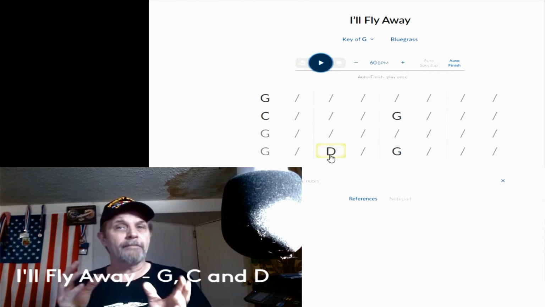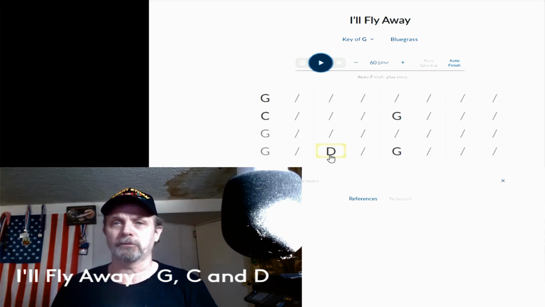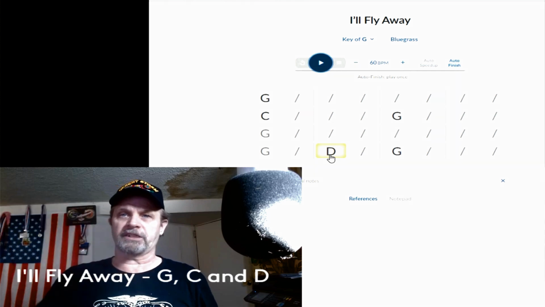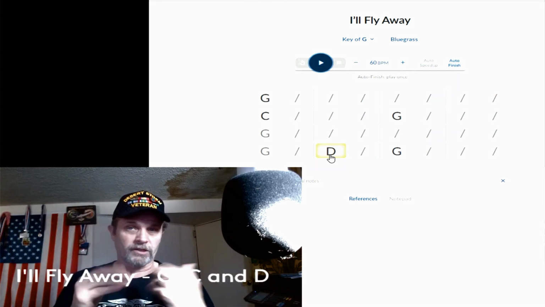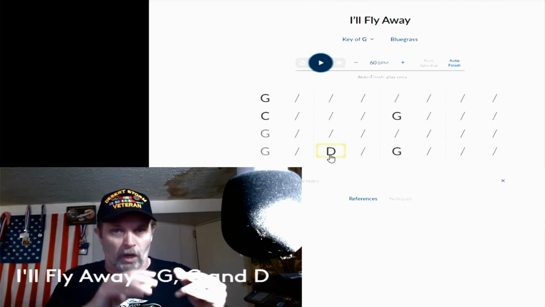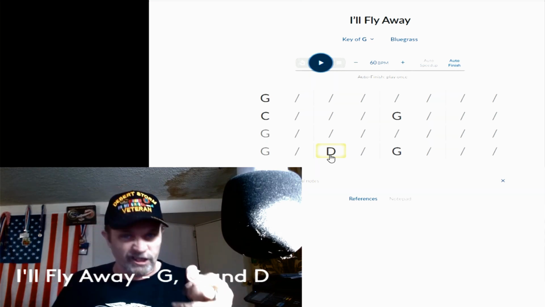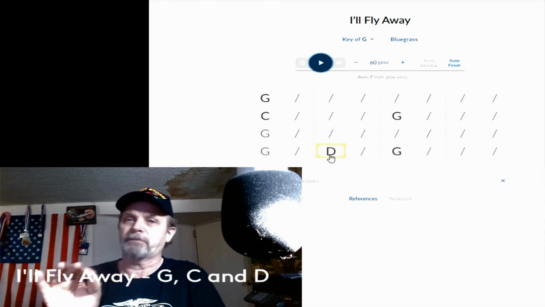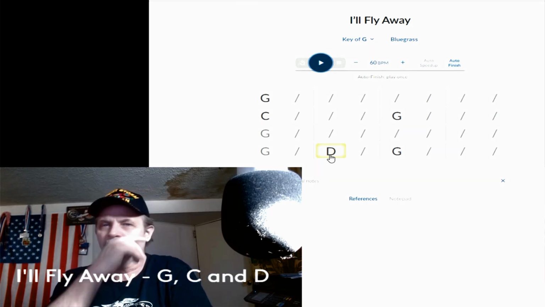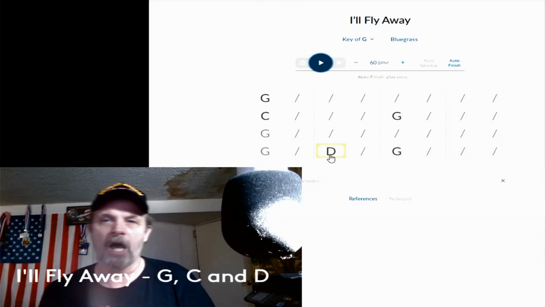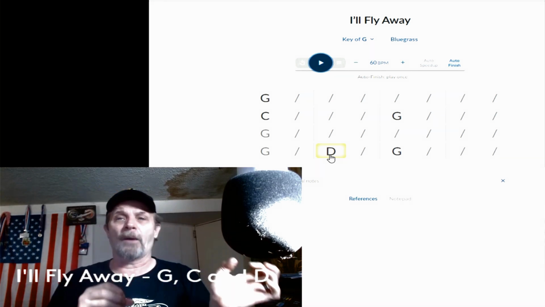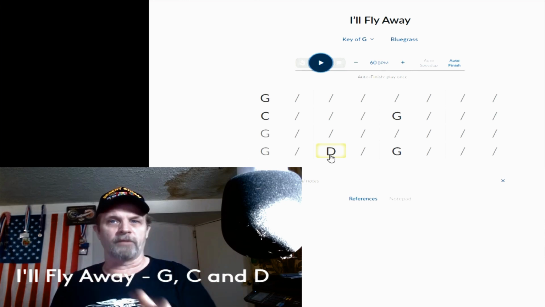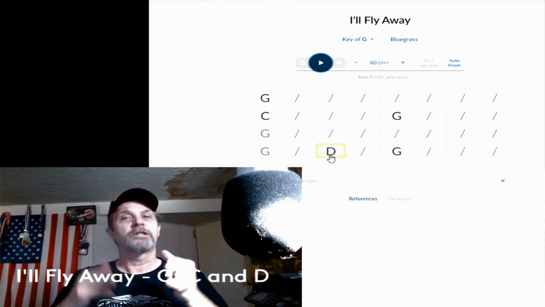But that's the way most people down south, the back porch pickers, play a song: G, C, and D. Now what they do between the chords, they do because that's the way they were taught. Hey, you've got to walk from one chord to the next like that. And they don't explain why. They just say that's the way you've got to do it. But what they're doing is understanding the concept of, if you're on one chord and want to go to the next, how would you progress from that one chord to the next one? So if I'm going from a G to a C,